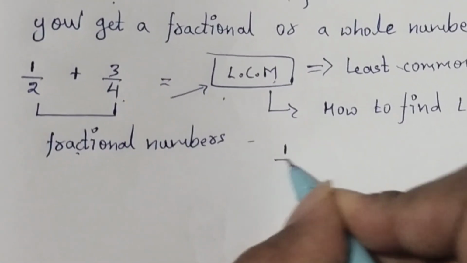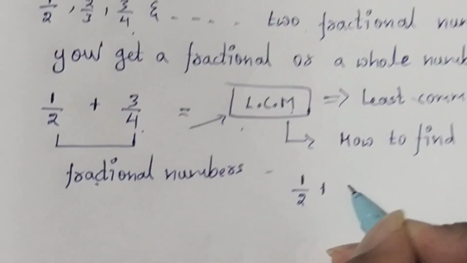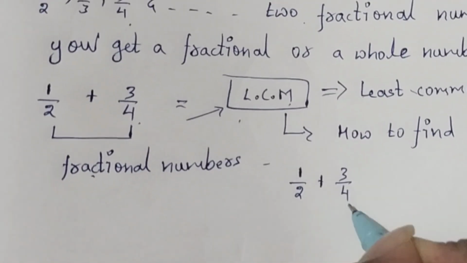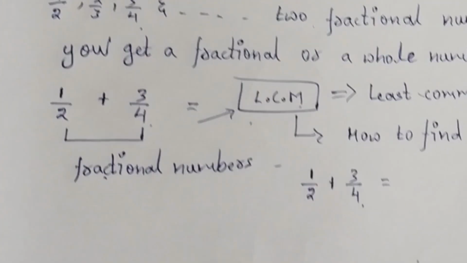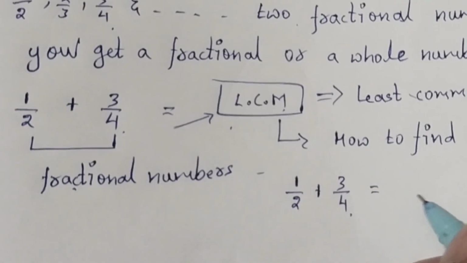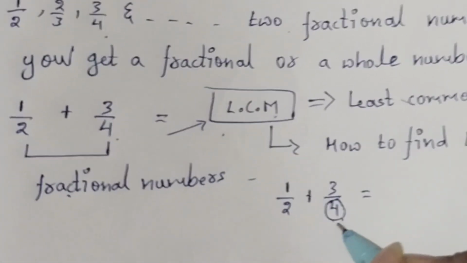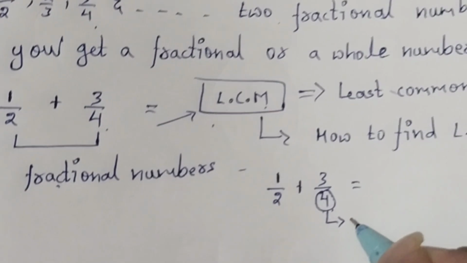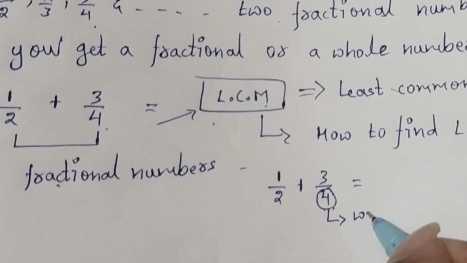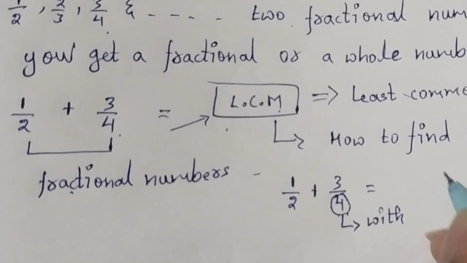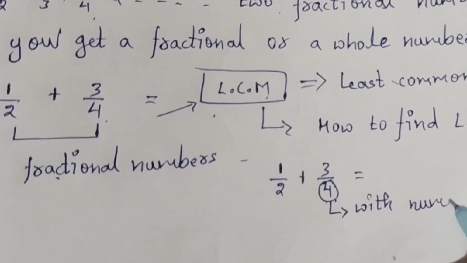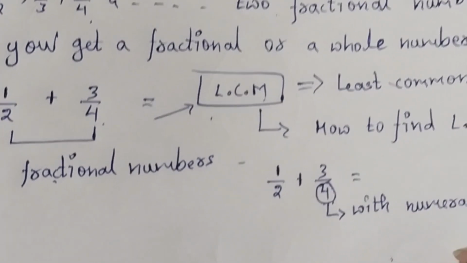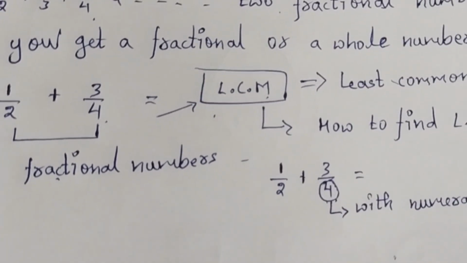First, write down the fractions which you got. Then multiply the denominator of the second number with the numerator of the first one,